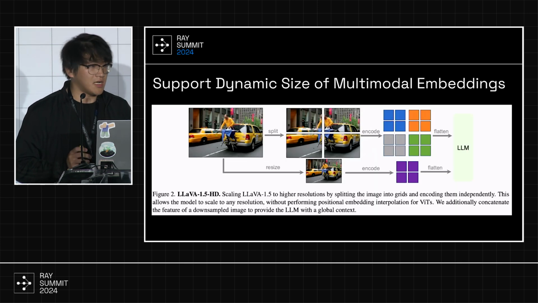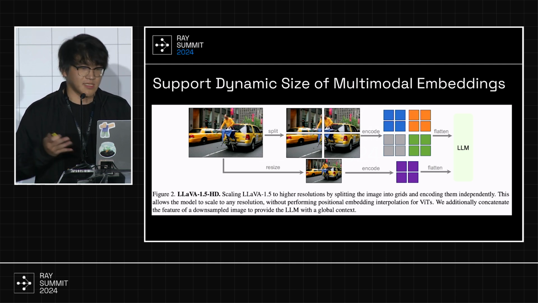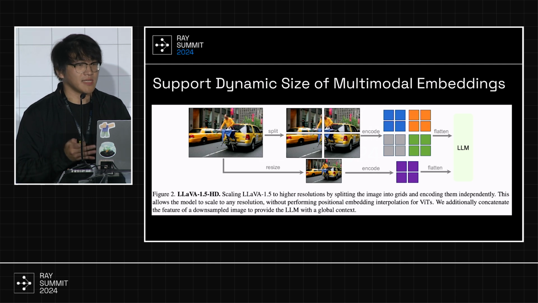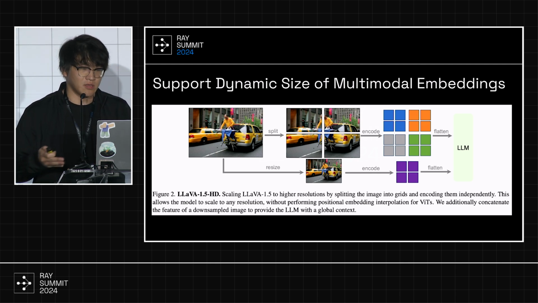Next, once we wrapped up the work for LLaVA 1.5, we moved on to LLaVA 1.6. This is where we realized we need to support dynamic sizes of the multimodal embeddings. Recall that in LLaVA 1.5, the image embedding size for one image is always 576. This is a static number; it doesn't change depending on the input image. But for LLaVA 1.6, this changes. And this has been the case for a lot of models in the open source world today, where your image embedding size varies depending on the input resolution. Sometimes your image embedding can be 2,000, and sometimes it can be 15,000.